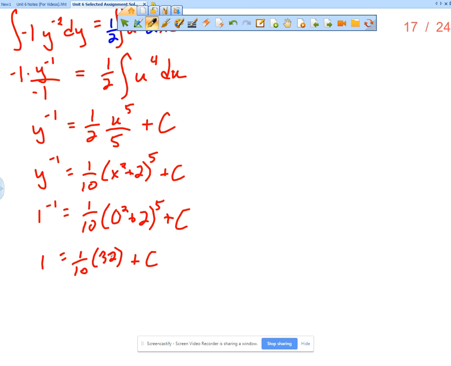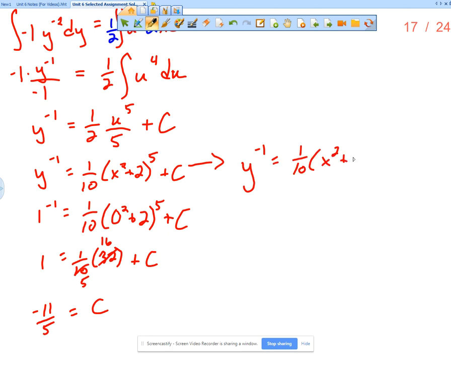So remember, 32 and 10 are both even, so this would become 16/5. So 1 minus 16/5, that would be like 5/5 minus 16/5, is negative 11/5 equals c. So that means that here I can say y to the negative first is equal to 1/10